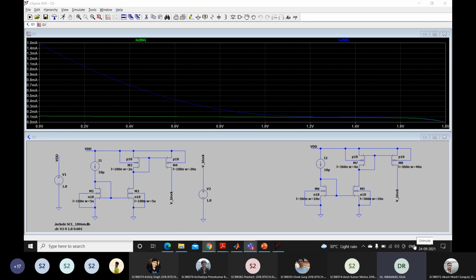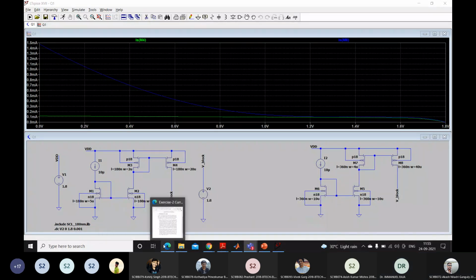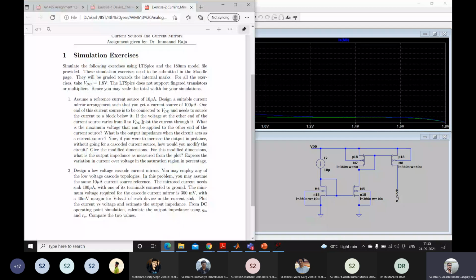Then what you do is you just stick to it. Have I asked you to do this for higher lengths? Not really, sir. You were just asked for a current source. Okay, maybe then restrict to less than 270. And you were asked to show how the output impedance is improving. Yes, sir. Maybe from 180 you take it up to 250.